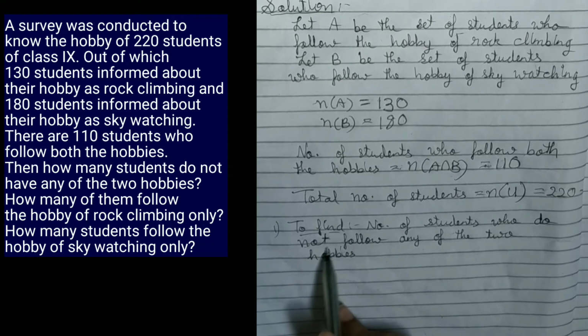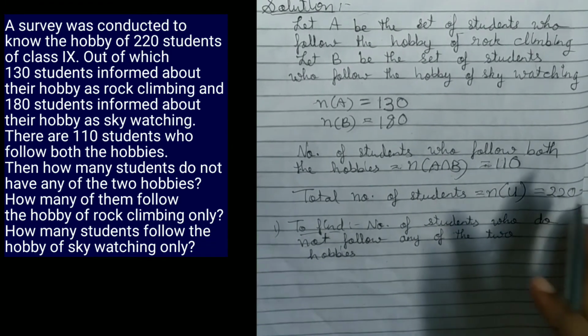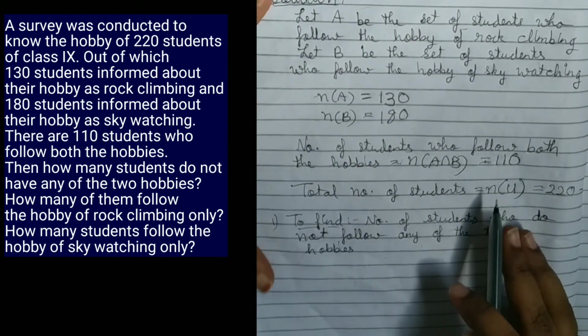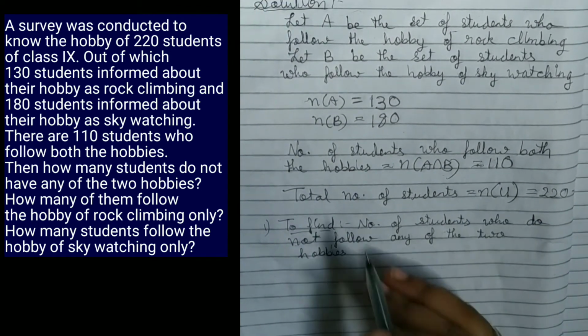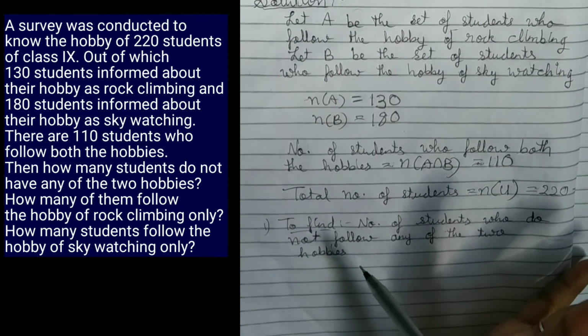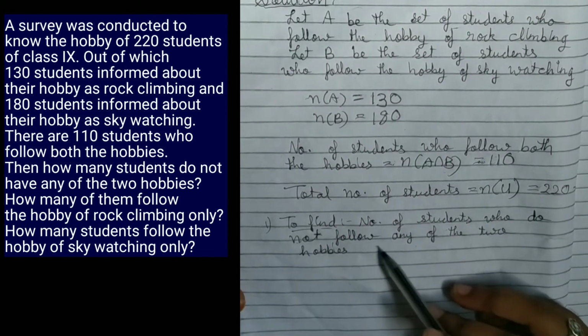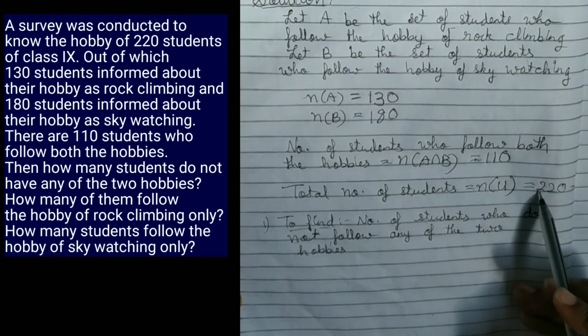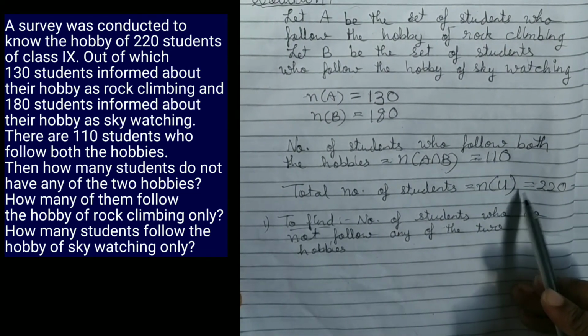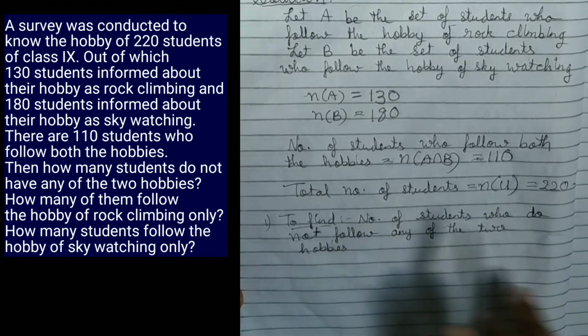Okay, "do not" is given, means they don't have any hobby. वो कोई भी hobby follow नहीं करते. So what we will do? First we will find the number of students who have at least one hobby. Then we will subtract that number of students from the universal set. If we subtract that from the universal set, then we will get the number of students who do not